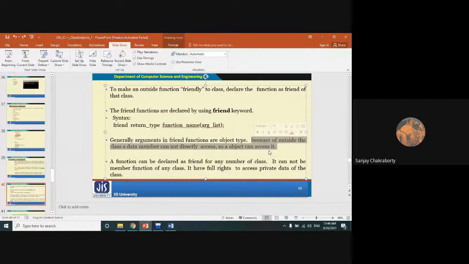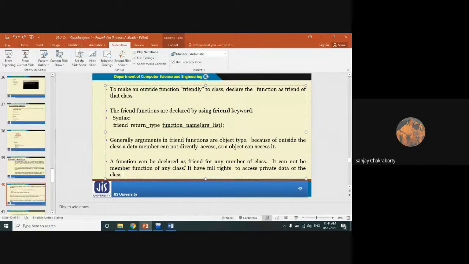So just think about it. You have defined a function as a friend function and you are passing an object to it, right? Now your job is to access the private data member of that class to which it is a friend function. So suppose the private data member is X. How can you access the X variable within this friend function? By using object dot X. I think this understanding is clear to you up to this, because an object can always access a data member with a dot operator. Without the dot operator, it cannot access.